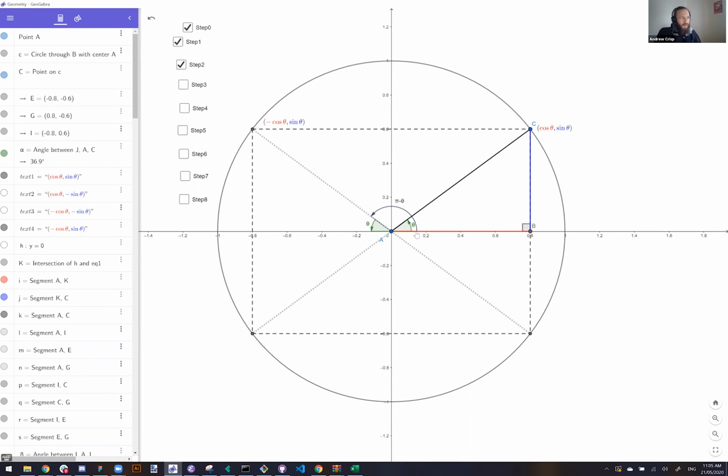Now, thinking about it in terms of reflection, this angle theta here is the same as this angle theta down here. And in this context, a half circle rotation is pi radians. I'm going to be giving this lesson in radians because we're grown-up mathematicians now. This all the way around is pi, so this angle here is pi minus theta. Okay. So if this is pi minus theta,